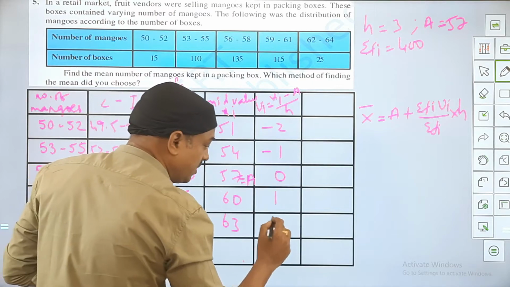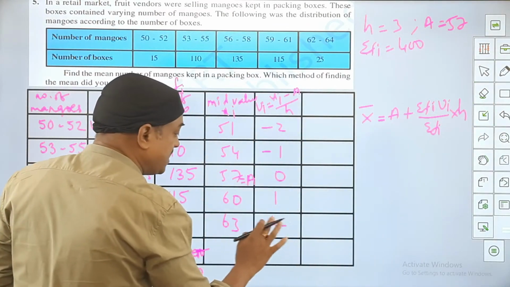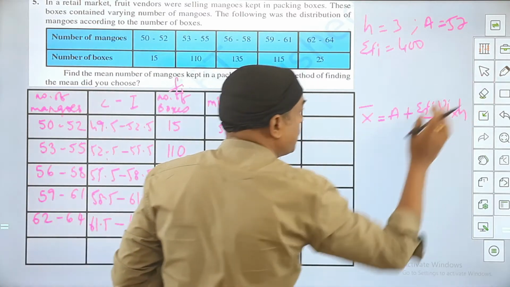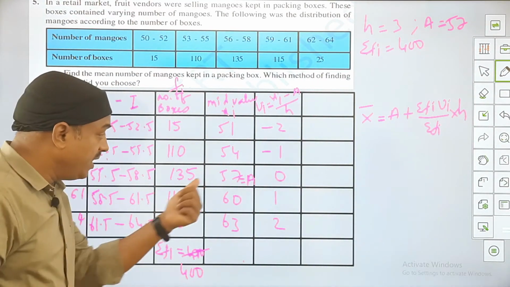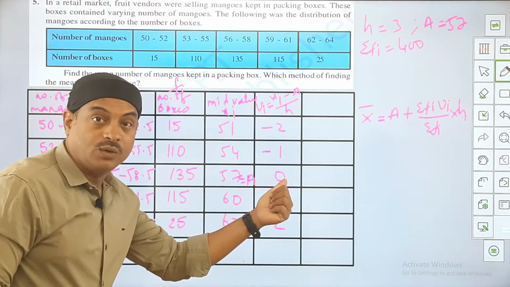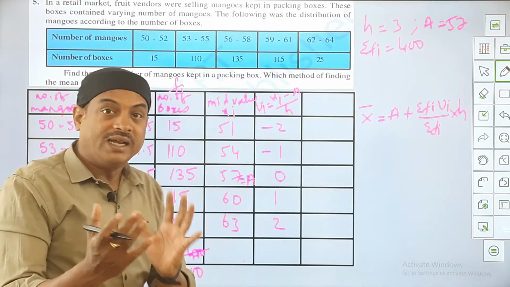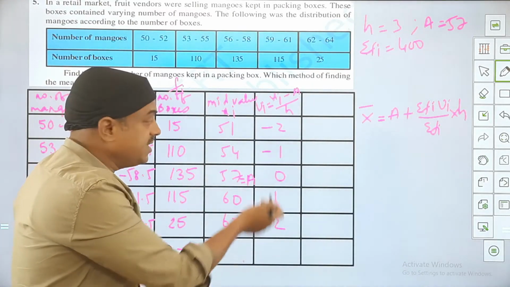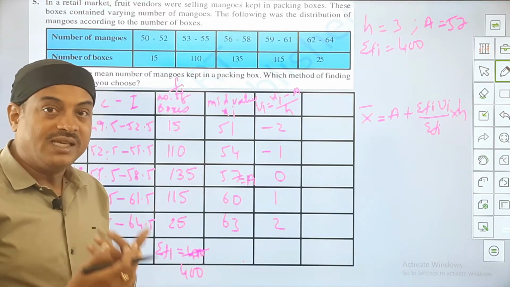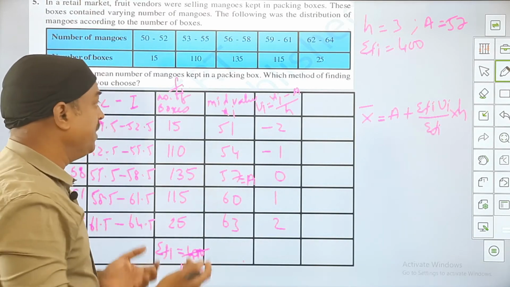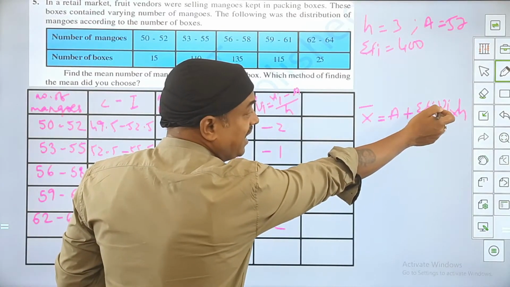Try to make some points out of this so that it will be easy for you in the examination, and a confident move can always be possible. While doing in the examination, you should know that where I have taken A, that will reflect as 0 in the ui value, and it's mostly like an integer line, positive integers, negative integers. If you can remember these points, it will make things very easy and confident for you. Okay. Now what I should do further, see the formula, I want Fi into ui.